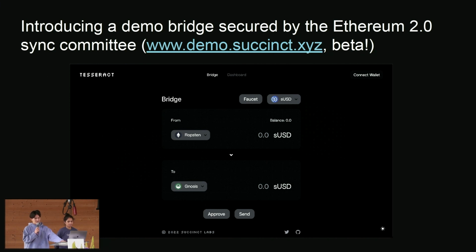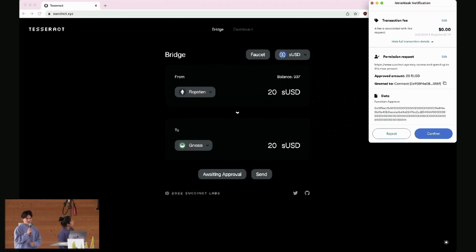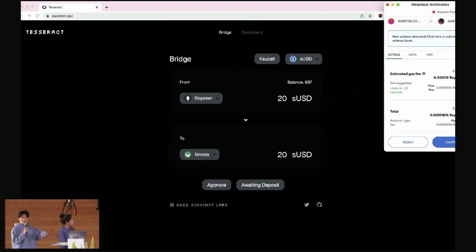But yeah, here's just a few screenshots of it working. It's just like a normal token bridge demo. You just choose your network. You choose your token. You say how much you want to send over, and then you'll basically just submit a